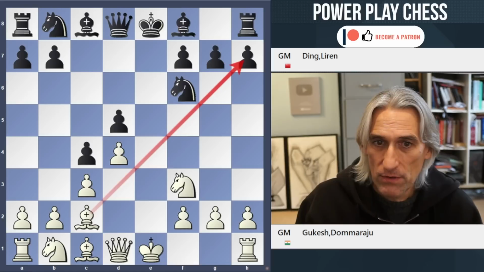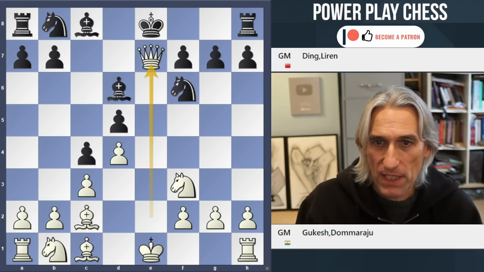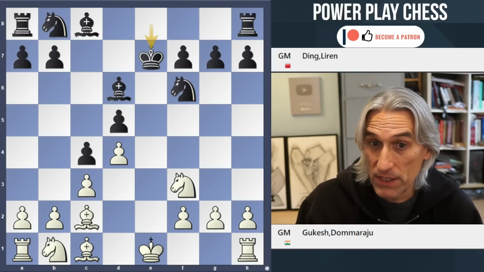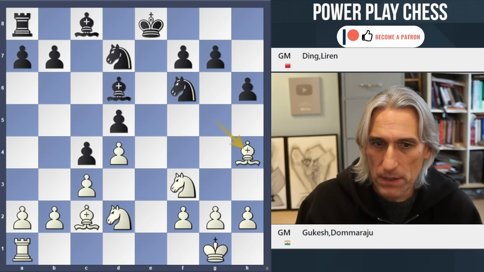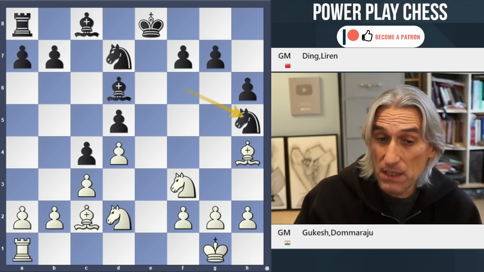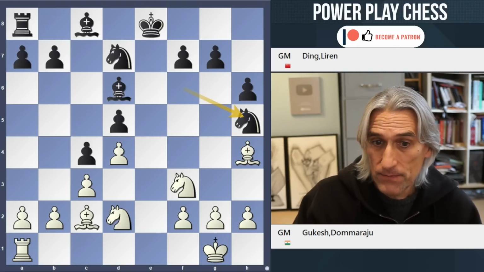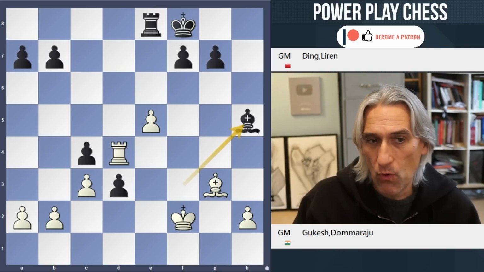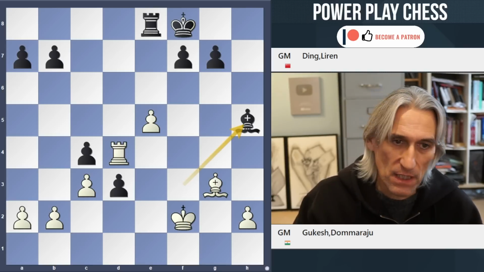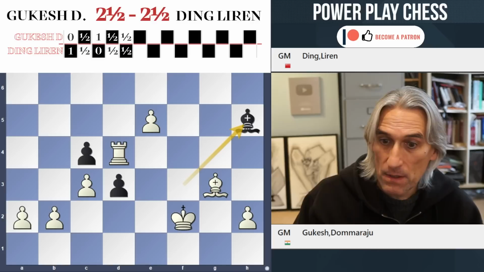And this endgame holds absolutely no fear for black, and Ding handled it extremely well with this idea of knight h5. And at that point, Gukesh played a little bit inaccurately. Ding handled it well. And yes, there was even a chance right at the end to perhaps play for a bit more. But yeah, I think it would have ended in a draw anyway.